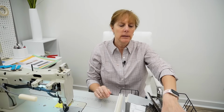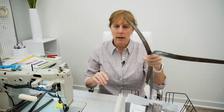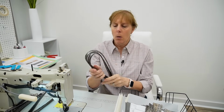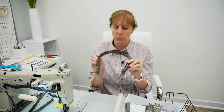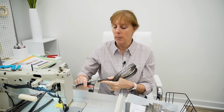So for pattern pieces, we have a crossbody strap, which I've already done. We have 2 handles, which I have already done. Now in the pattern, she has 2 different options for handles. You can either attach it with grommets, or you can attach it with regular connector straps. I'm going to use the regular connector strap method, but I have some special connectors that I had bought from